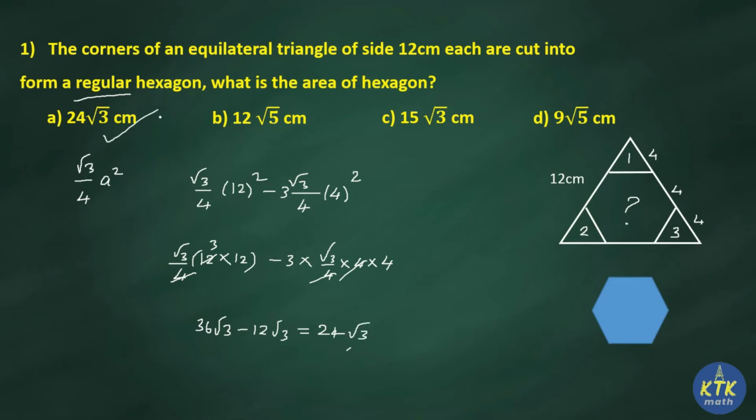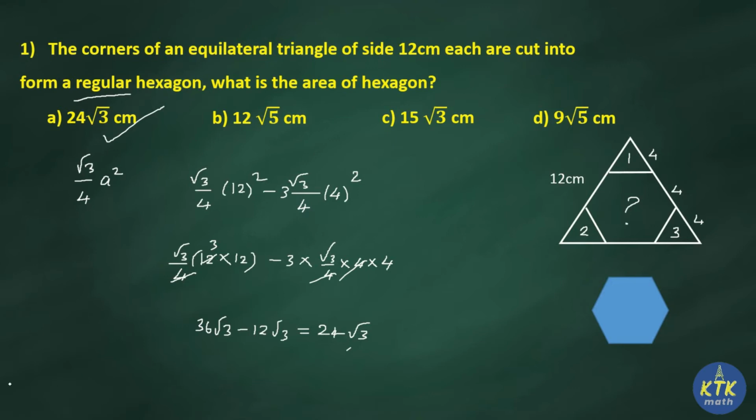Okay, so I'll repeat again. We need to find the regular hexagon's area which lies in the center of our equilateral triangle. So I am subtracting the bigger triangle area minus 3 small triangles' area. Since this is an equilateral triangle, the sum became easy now. Okay, we'll move on to the next question now.